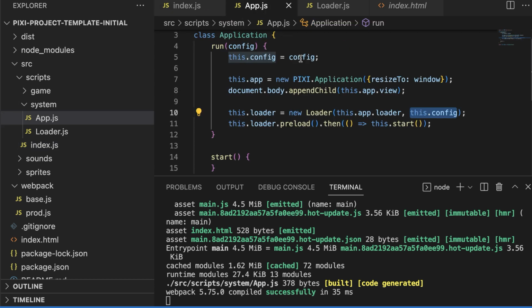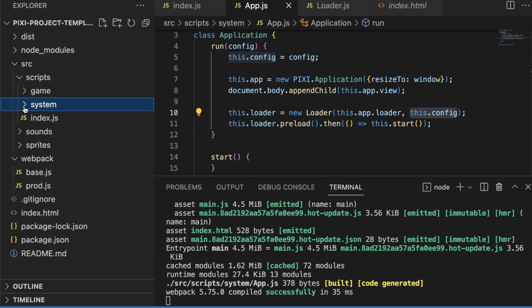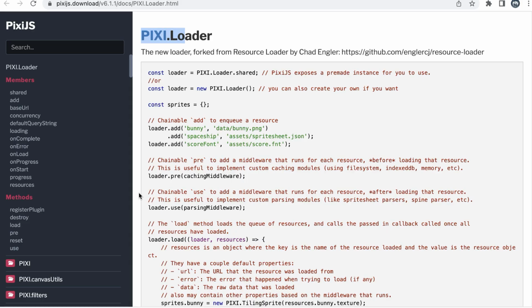And basically the config is used for the list of all resources to load. So this config is a list of all resources that we want to load. And how should we get this list? The question is, how should we get the list of all resources? So the resources, let's say we have some sprites in the sprites folder, and by the way, let me